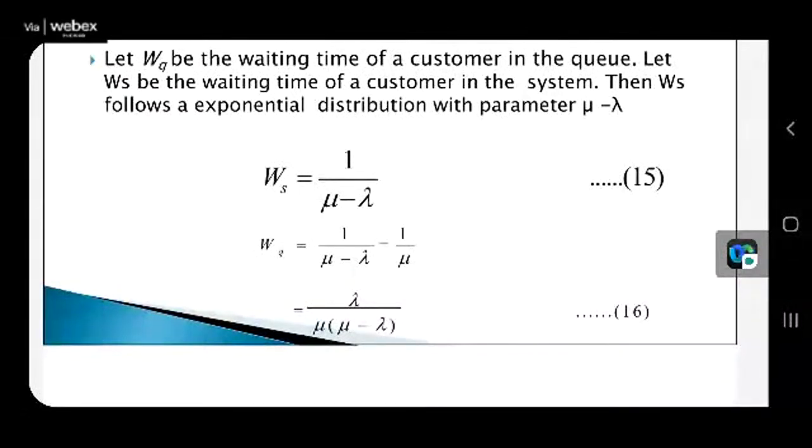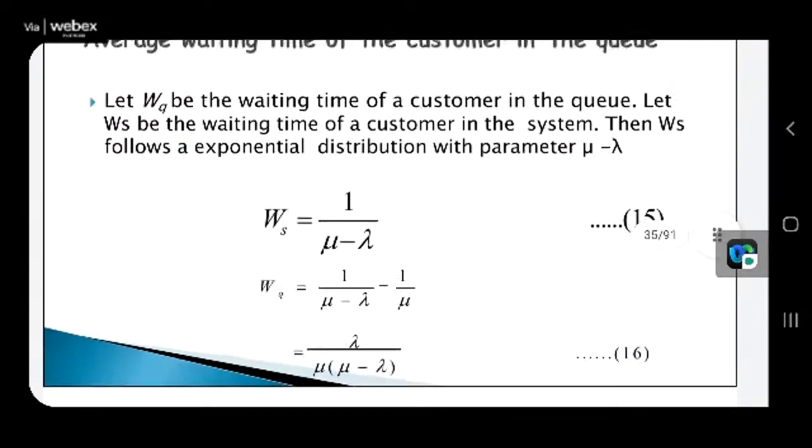Now you can understand Little's law easily. You have studied Little's law, that is L is equal to lambda into W. What was Ls? Ls was lambda by mu minus lambda, correct? Now Ws is nothing but 1 by mu minus lambda. You multiply with lambda, you get lambda by mu minus lambda. So here Little's law will work, in order to get the relationship between the number of customers in the system or in the queue and the average waiting time of the customer in the queue.